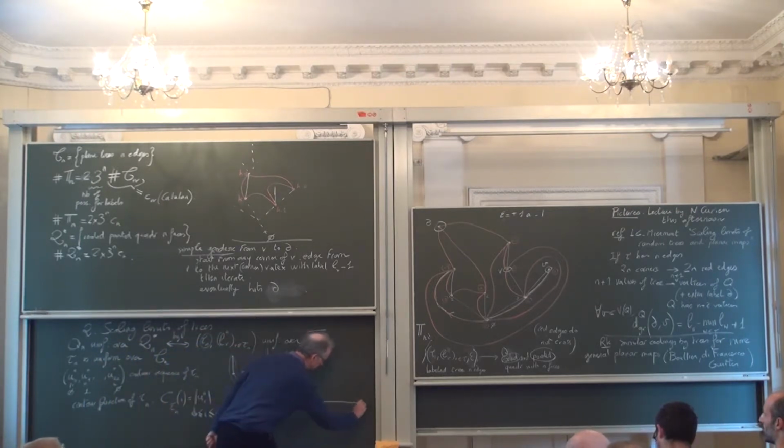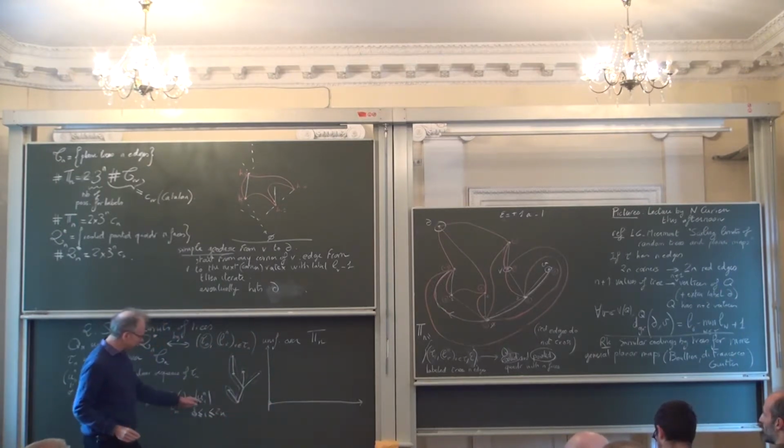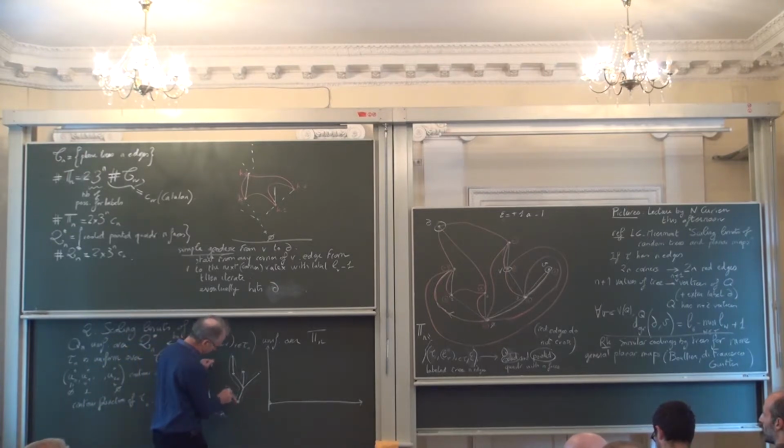So I can do a picture if you want. What you do, of course, you start from the root which has height 0, so you start from 0, then you go up once, you go down, you arrive here. I go then to a vertex here at height 1, to a vertex at height 2, one at height 3, and then I go down like this.